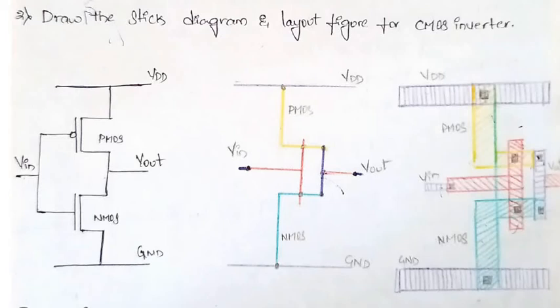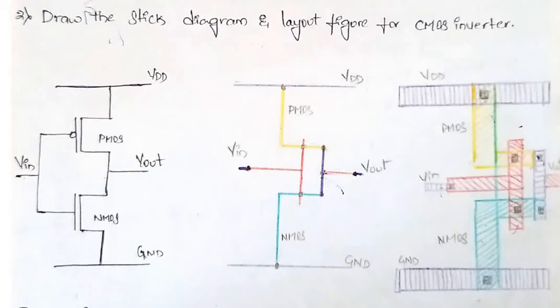So CMOS is a combination of your PMOS inverter as well as your NMOS inverter, right? So here PMOS and NMOS, they both are combined. You are getting an output over here. Vin should be A and output should be A bar. Now same as we have seen in the stick diagrams in the previous classes, how you are going to design the stick diagram. The basic very first rule is you have to draw the VDD line and ground with the blue color.